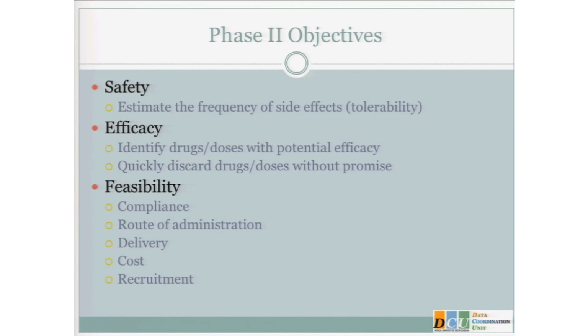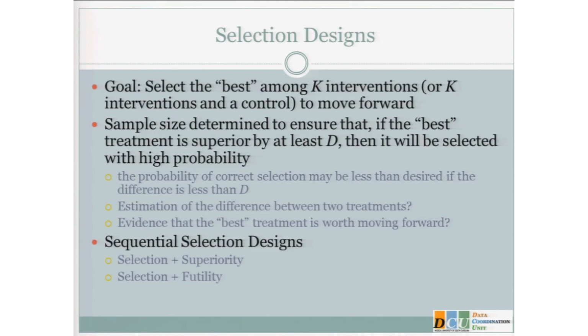We want to identify doses with potential efficacy and quickly get rid of anything that doesn't look promising, right? And again, we're always looking at feasibility. A design that I don't think has received enough attention in phase 2 as it probably should is the selection design, which is going to allow you to select the best among K interventions or K interventions and a control